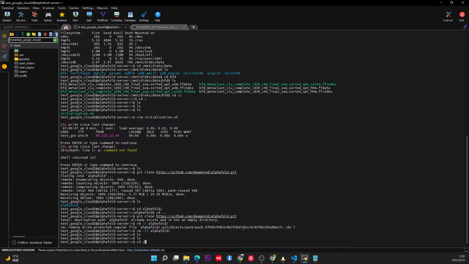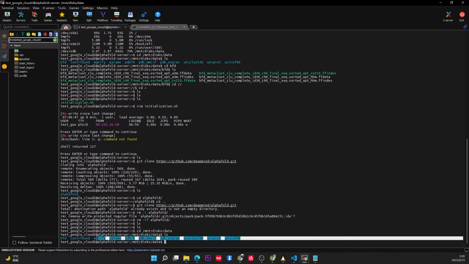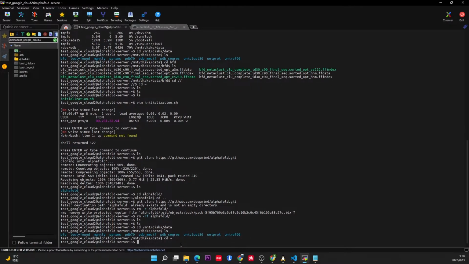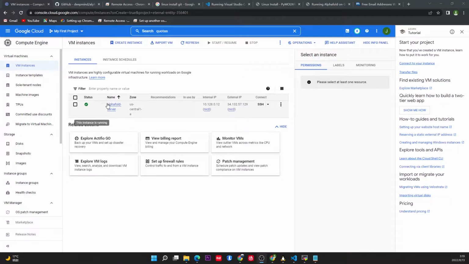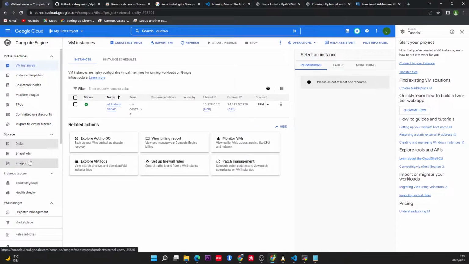If all the data sets are downloaded successfully, you can go to the download folder and see all of them there. For detailed content, you can go to the DeepMind AlphaFold GitHub repository. And with the full database downloaded inside your SSD disk, you can go back to the Google Cloud's interface